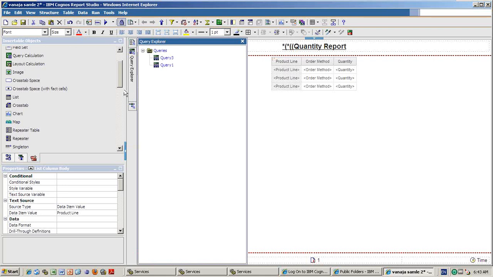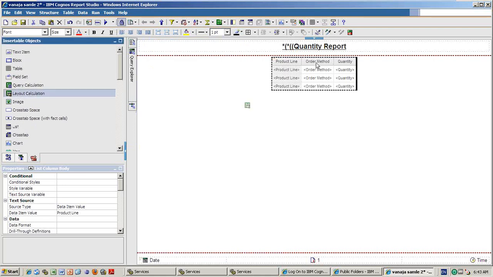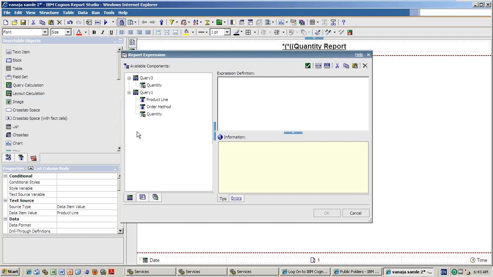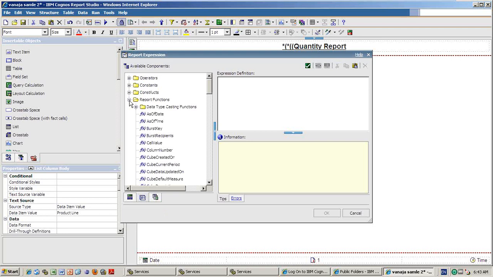Say in the layout calculation, also drag it. Anything is same as of date, because if you want to show the value of the as of date, today's date, you can write case when as of date equal to tomorrow, then only you write it the xyz or something.